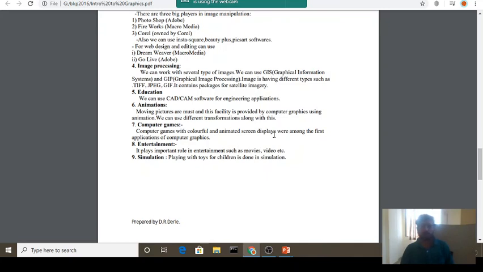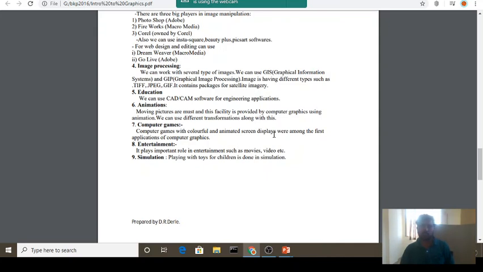Next is entertainment. As we know, currently the lockdown period is going on, so we use some instruments to spend our time, and for that, entertainment is available. We are using TVs, YouTube, and various mobile applications like TikTok, Hello, Likee. Because of that we can be entertained, and that is nothing but the entertainment application.